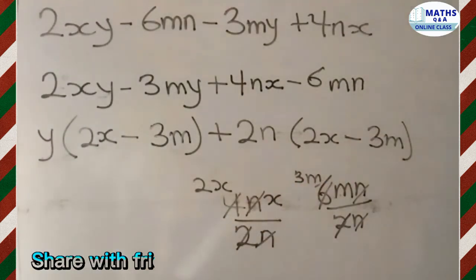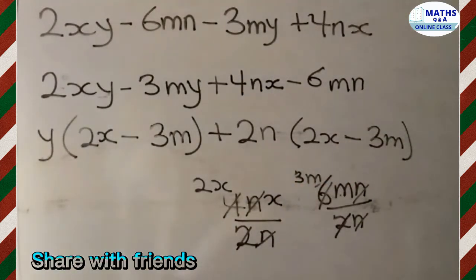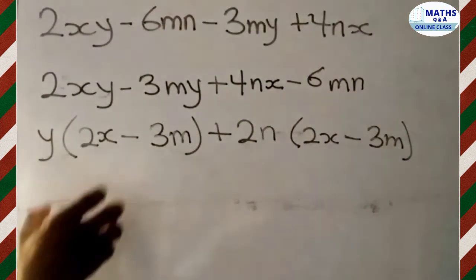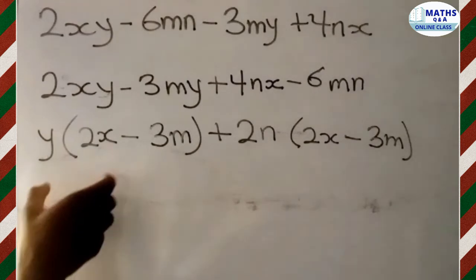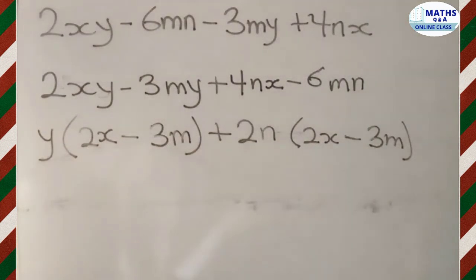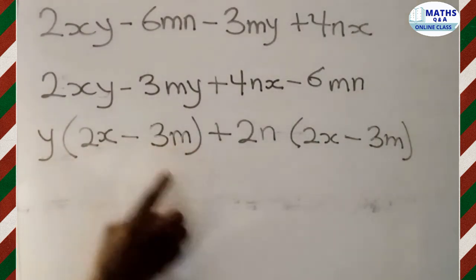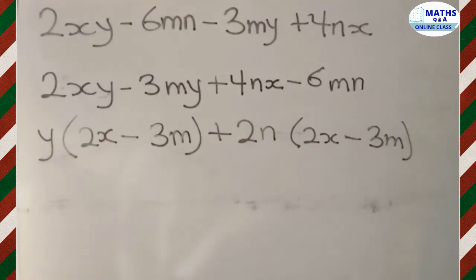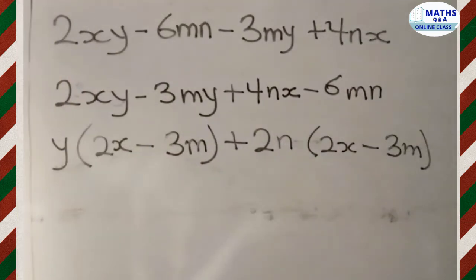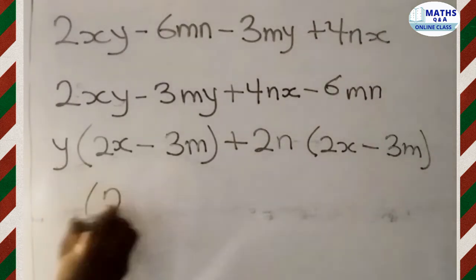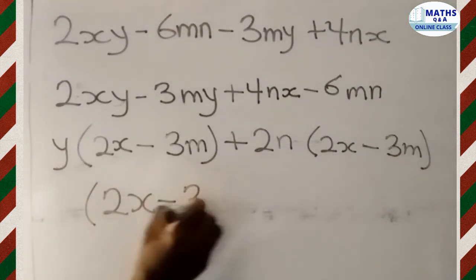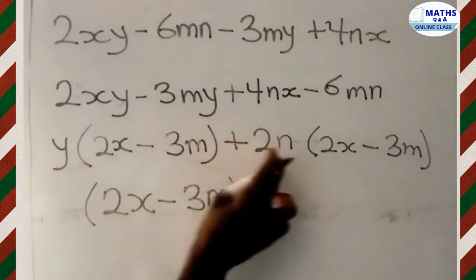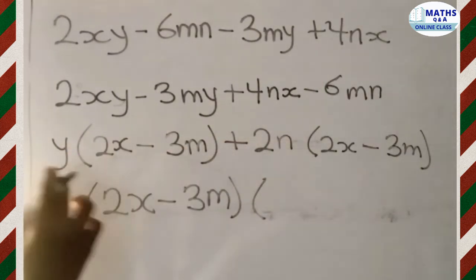Okay. Now let me clear this one so that we proceed from there. Now the next thing to do is to check if there are common terms in the brackets. You see, you have 2x minus 3m here. We have 2x minus 3m here. So it means that these two are one of the factors of the algebraic expression. So you write it, 2x minus 3m. You open another bracket. We have y plus 2n. That is those outside the brackets. You write them